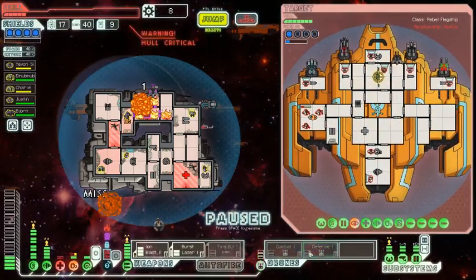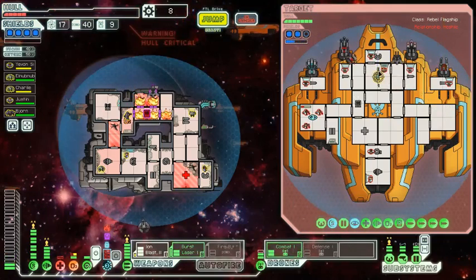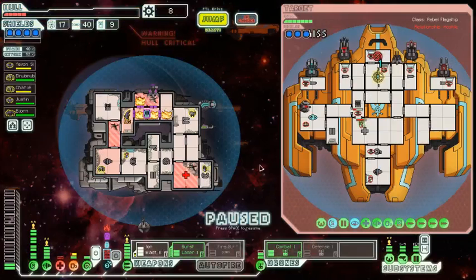Like I said, the RNG was really in my favor early, but this fight is going a little bit more how I expected now. Because my hacking's on fire, and I was really relying on my hacking. I could jump away, but let's see here. I do have a safe node, but to be honest here, if I jump away and come back,